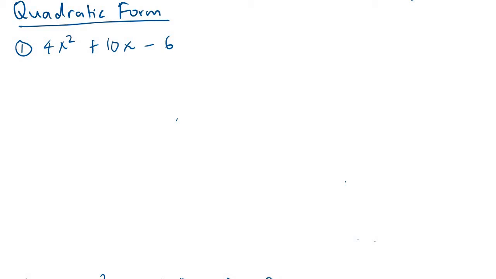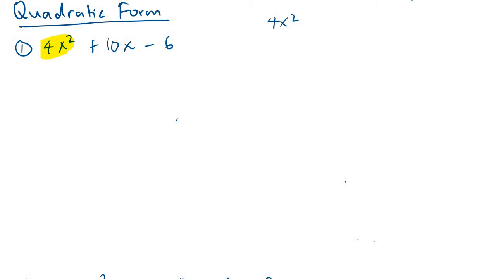All right, in this second example, I will show you how to factor a polynomial that is in quadratic form. Okay, here is an example of a polynomial in quadratic form. I have 4x squared plus 10x minus 6. I know it's in quadratic form because the first term here is a perfect square that can be written in another form. Let me show you what I mean by a perfect square that can be written in another form. So if I have 4x squared,